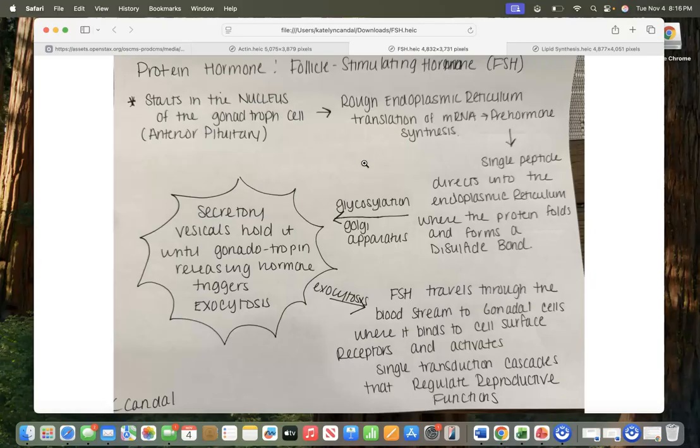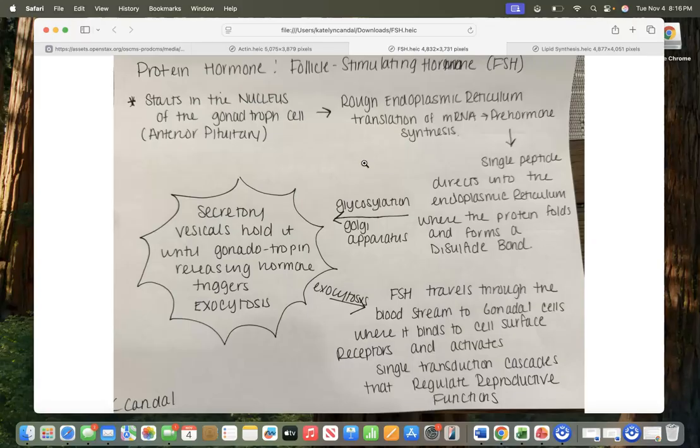The next hormone I chose was follicle stimulating hormone, so staying in that right reproductive path. This starts in the nucleus of the gonadotroph cells, which are located in the anterior pituitary gland. It goes through the rough endoplasmic reticulum, where translation of mRNA happens into pre-hormone synthesis. Through this, it becomes a single peptide, which goes directly into the endoplasmic reticulum, where the protein folds and then forms a disulfide bond. Through glycosylation in the Golgi apparatus,